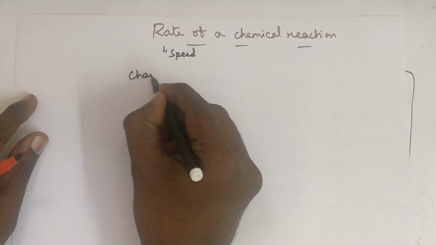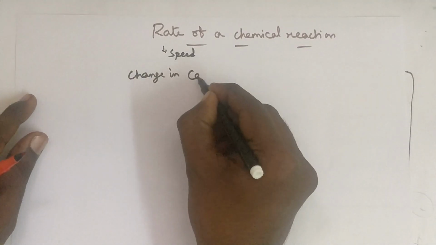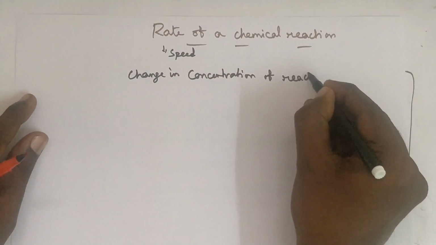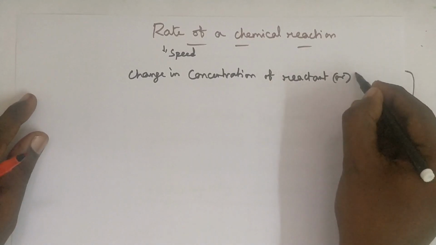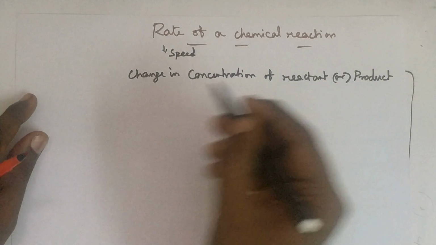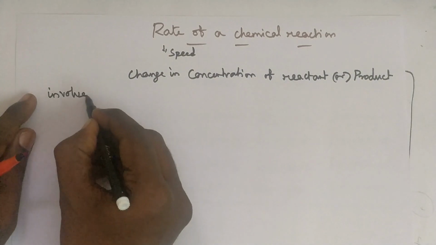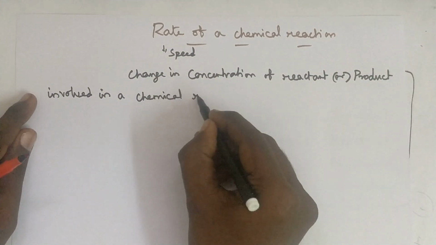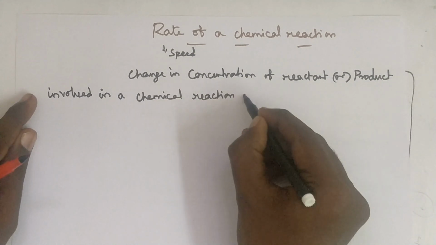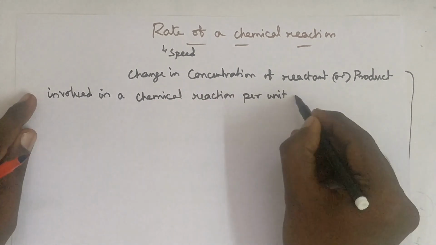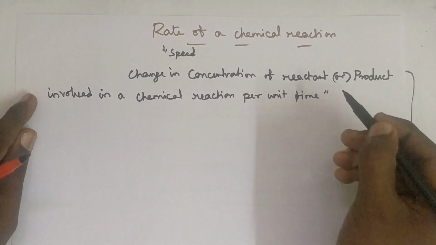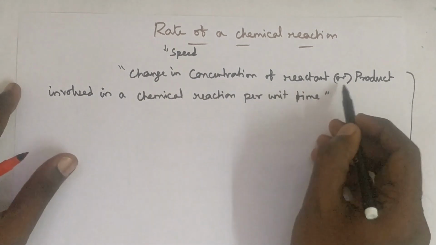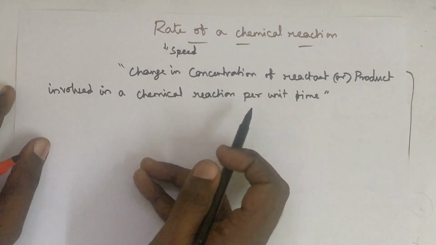The definition is change in concentration of reactant or product involved in a chemical reaction per unit time is called the rate of the reaction. So rate of the reaction definition is change in concentration of reactant or product involved in a chemical reaction per